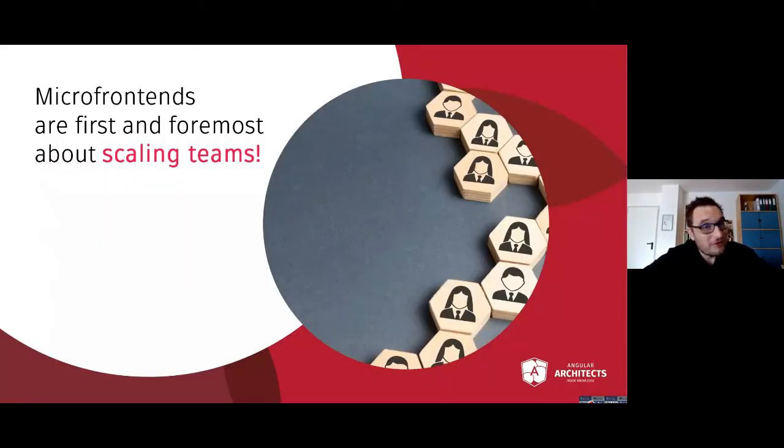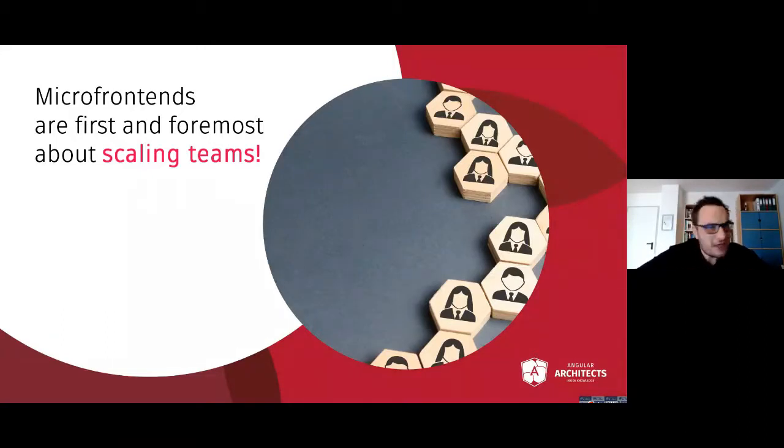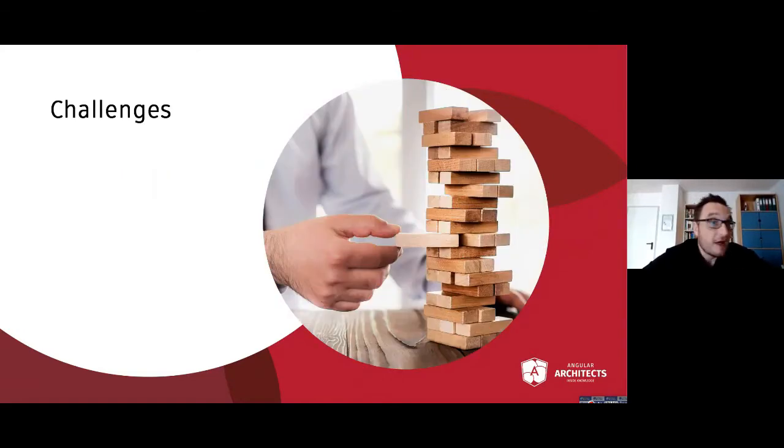Saying this, as you can see by the advantages I've shown you, this all is first and foremost about scaling teams. It is really about scaling teams. And a good friend of mine told me, teams is plural. That means you need to have more than one to have teams. And that tells us that if you only have one team, this is most likely an overkill. Well, there is an exception to each and every rule, of course, but in most cases it would be an overkill, because there are some disadvantages you have to deal with. Let me talk about those disadvantages, about those challenges.